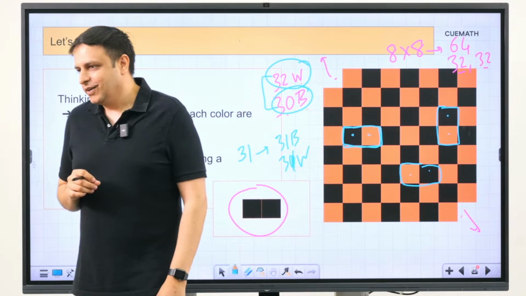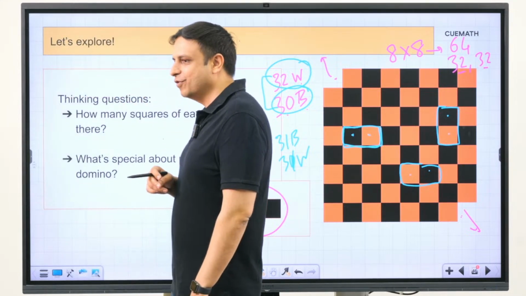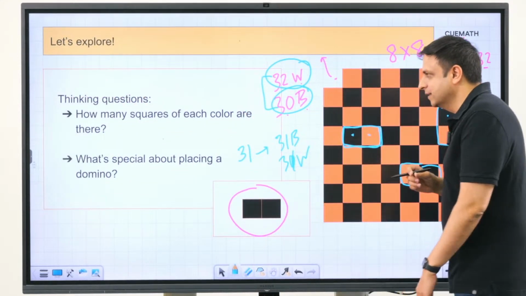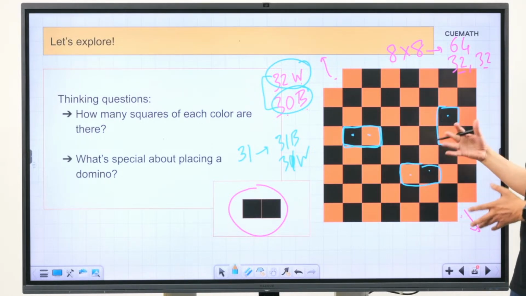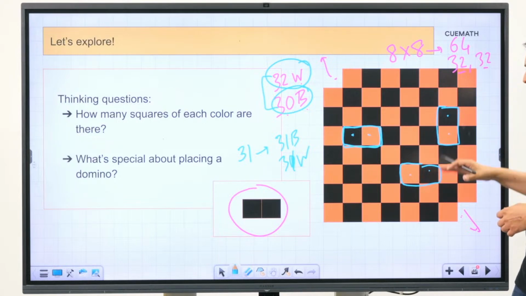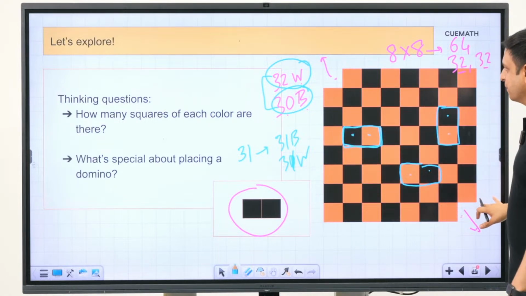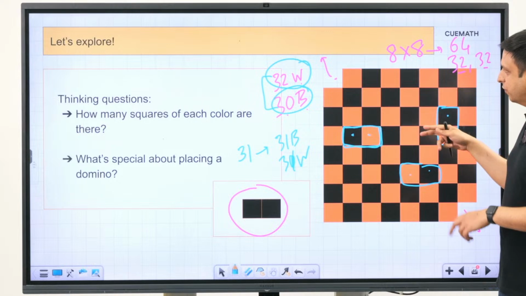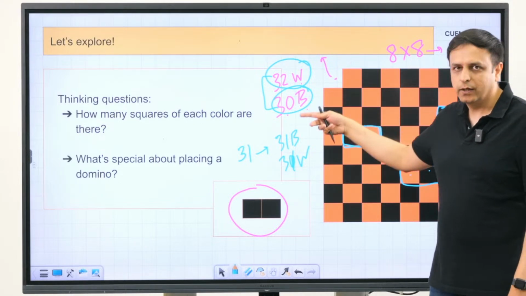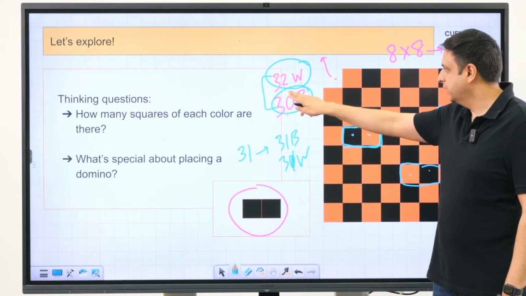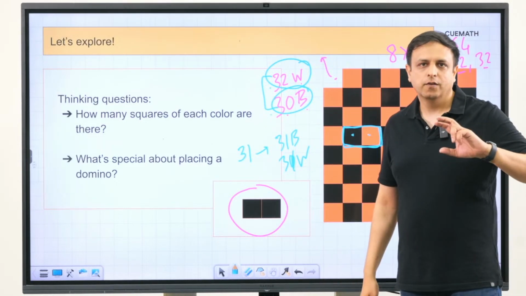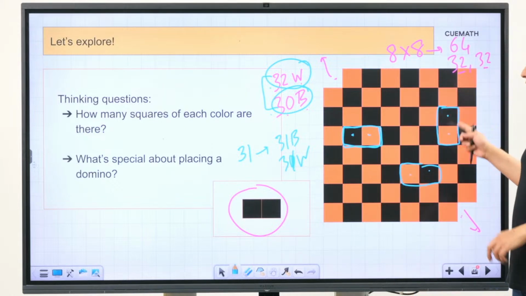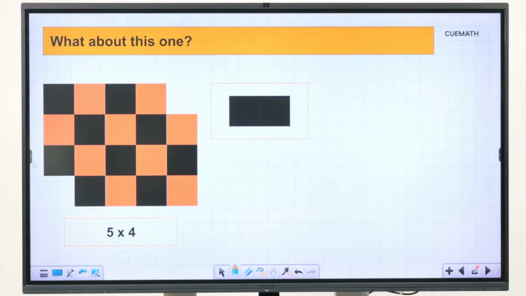All of you are from grades 3 to 5, but this is actually a problem even high school students are unable to solve, because it involves this deep thinking, that the number of white and black squares become unequal when you take out squares in this way. You are left with 32 white and 30 black squares, but a domino always covers one white and one black square, and therefore covering this broken chessboard with these dominoes is impossible. So that is the answer over here.